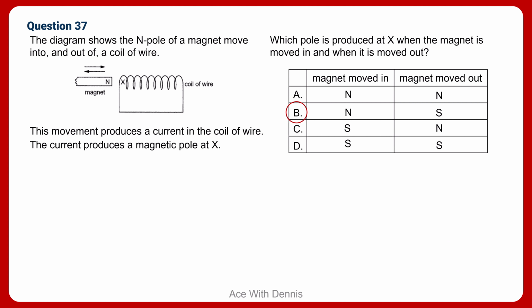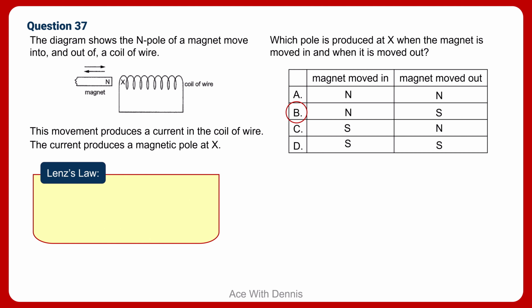The answer is B. When the magnet moves in, X is a north pole. When the magnet moves out, X is a south pole. So to obtain this answer, we need to relate it to Lenz's law, where Lenz's law states that the direction of the induced EMF opposes the change